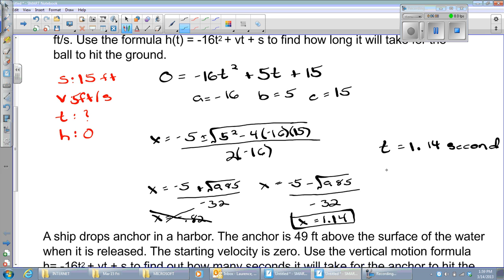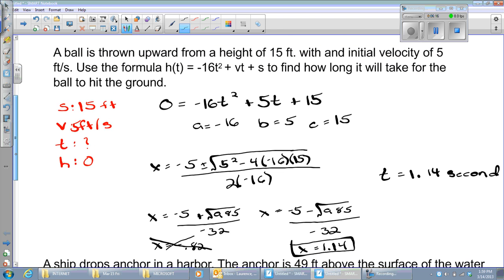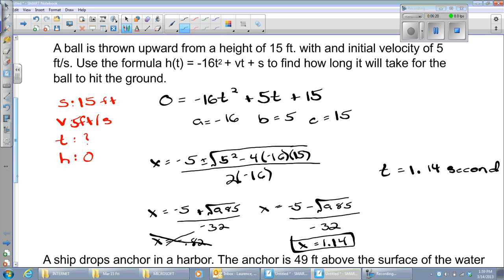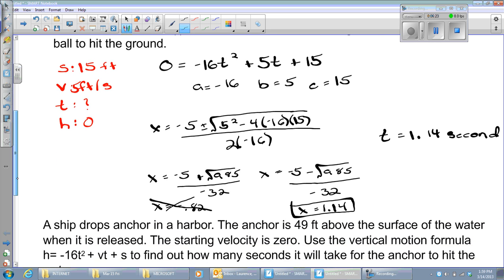And that is it. So it's not too bad. We're still using the quadratic formula, finding our roots, only in this case we're finding our time. And this,